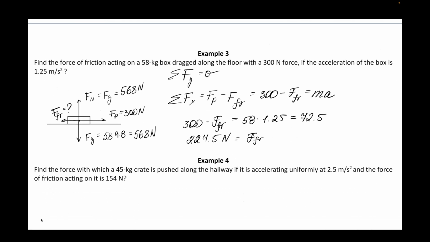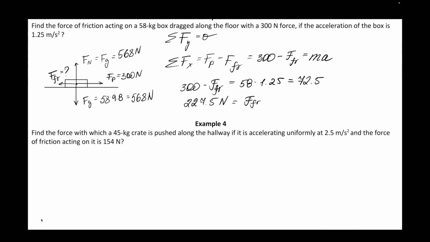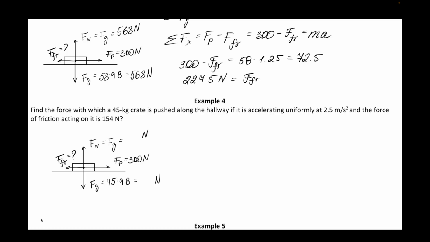In question 4, you have a similar example, but now you're figuring out the force of pull. We've had 45 kilograms before, so you probably remember it's 441 newtons of force of gravity. Normal force is also going to be equal to that. Force of pull in this case is a question mark, and force of friction is given to us as 154